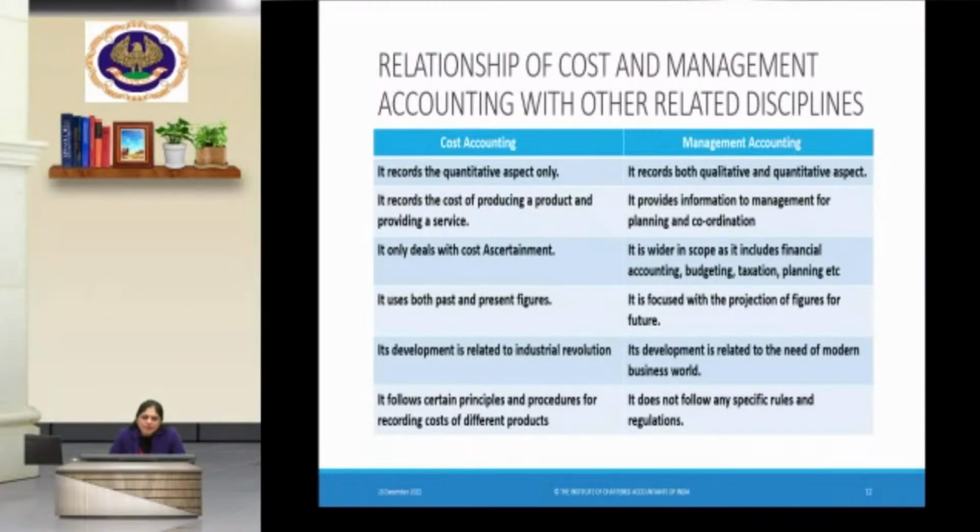So cost accounting, again, it follows certain principles and procedures for recording cost of different products. They have to follow the principles and the techniques and the methods because we have to record the cost here. But management accounting does not follow any specific rules and regulations. Based on the reports they get from different accounting departments, reports they get from the cost accounting department, reports they get from the taxation department, reports they get from the financial accounting department, they have to make the decision making for planning for the future. So there is no set rule or standards, right? But of course, cost accounting has to follow the rules. So moving further,